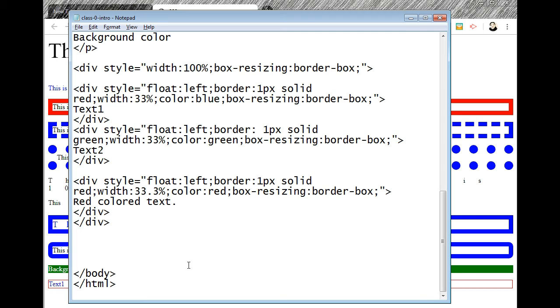Where should we put the text? Where should we put the images, audio, video? So this is division. Just like we have tr, td in tables, we use div.